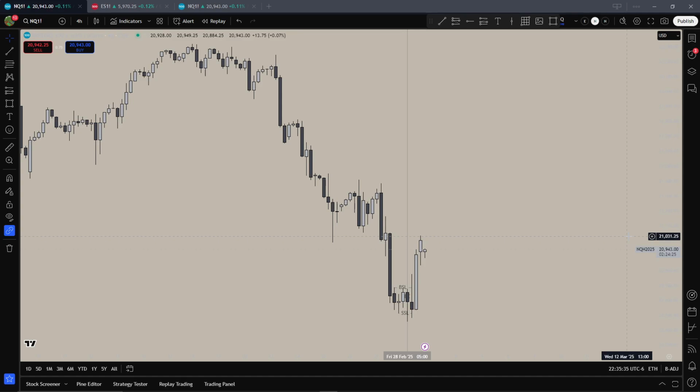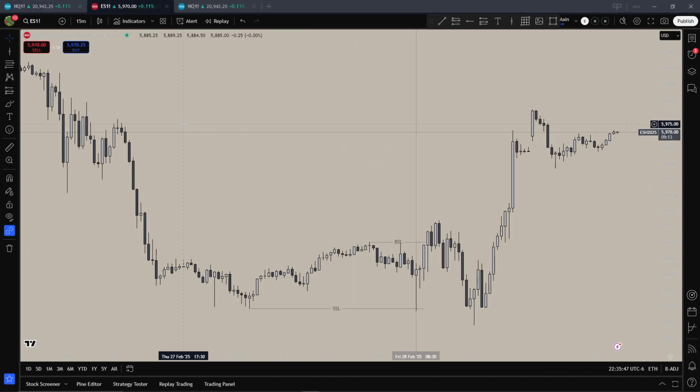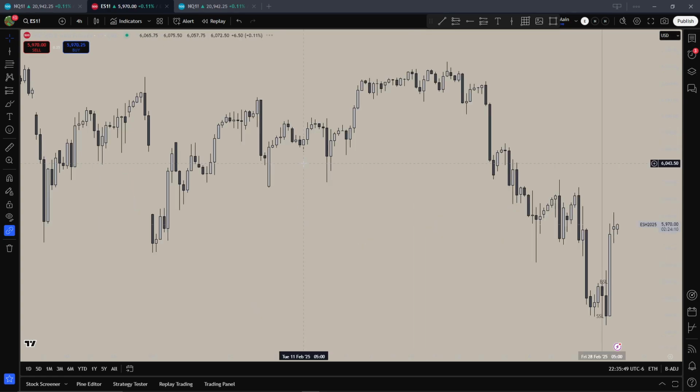For today's, or Friday's, trade, I took 2 trades, and going into the day, my game plan was looking over this past week for both ES and NQ. We've been selling off,